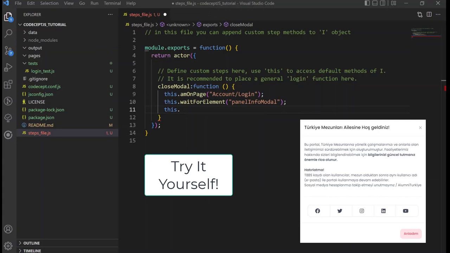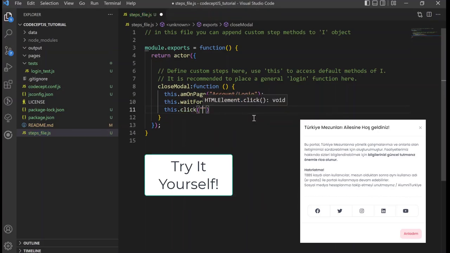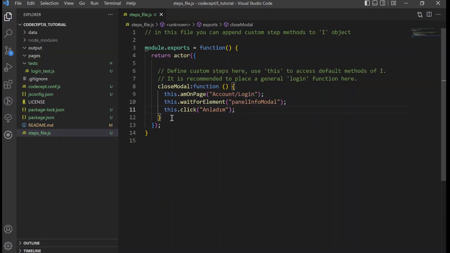I will locate this from its text, so whatever is written here, I'm copying it. You don't need to write it yourself. I'm going to right click, and yeah, now we have described a new function for our I model.